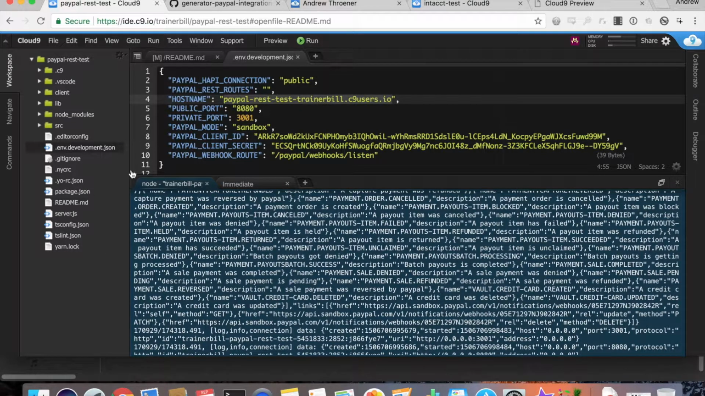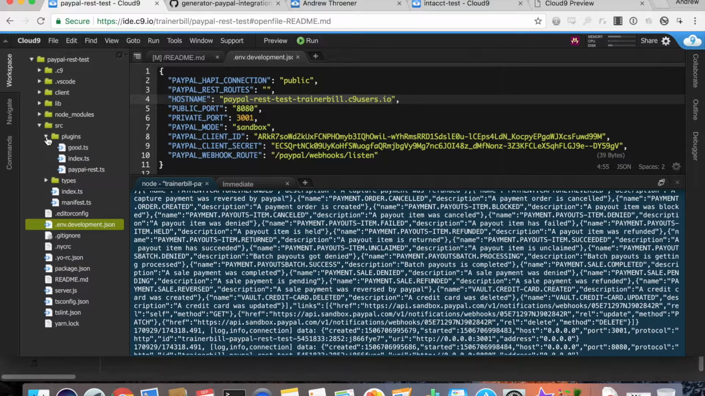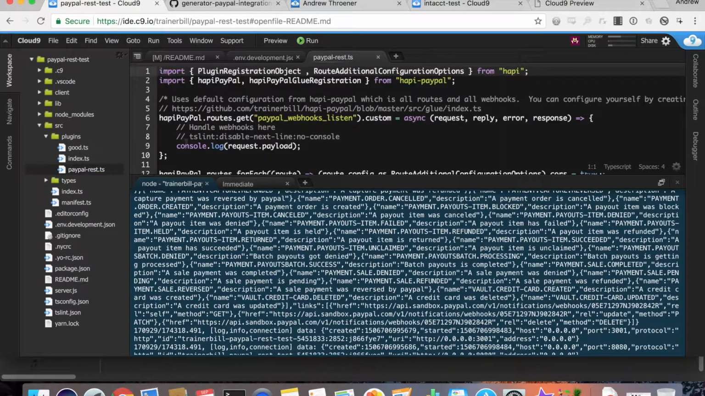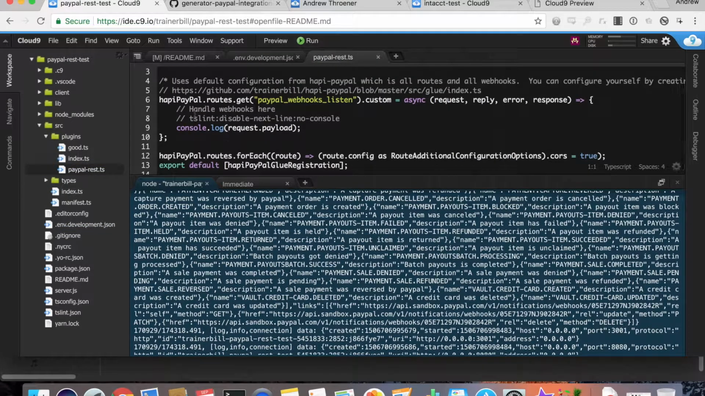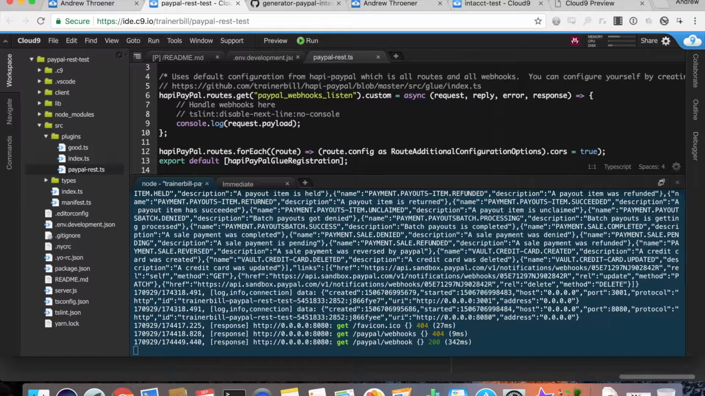So if I want to actually do something with those webhooks, you can handle them on the plugin right here. Right now we're just going to output the request, but if you wanted to do something else with the webhook, you can definitely do that. So if you did decide to modify the webhook handler,